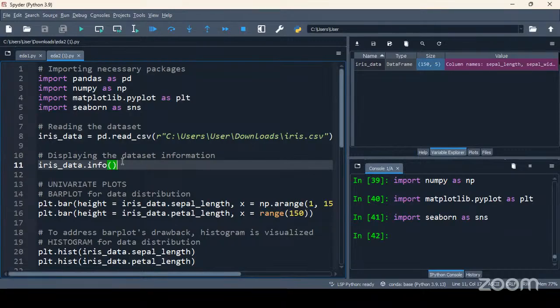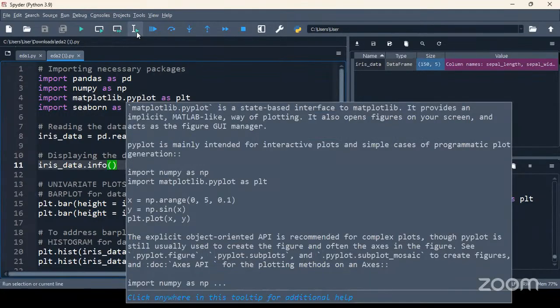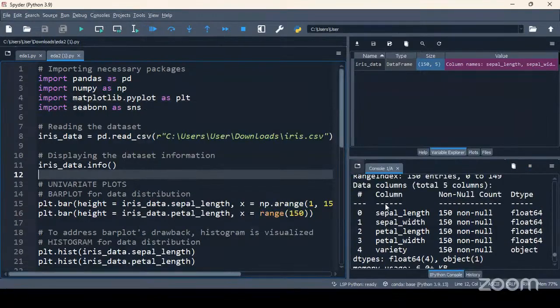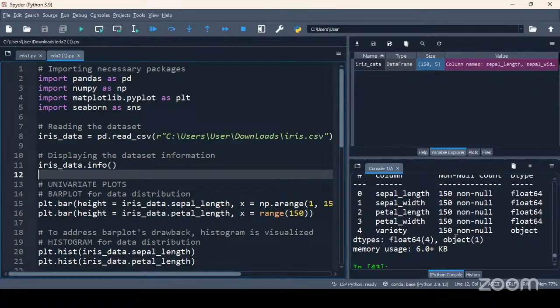The info function will display the information about the data set. So let us get the information. Anyhow, we have understood the results of info earlier in the previous code. So you see the same results because we did not change the data set.